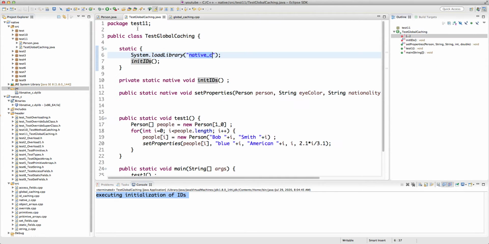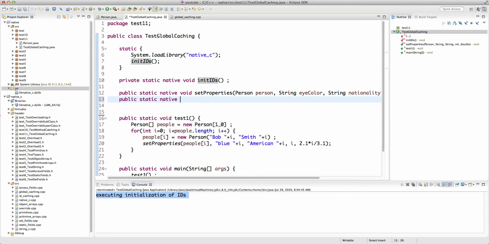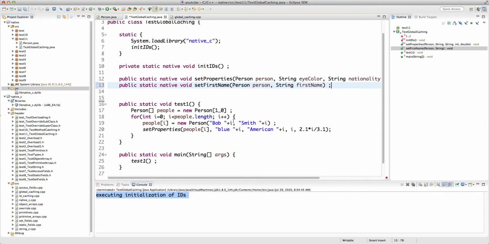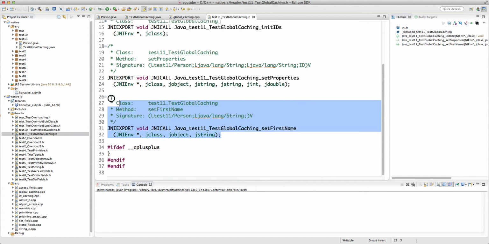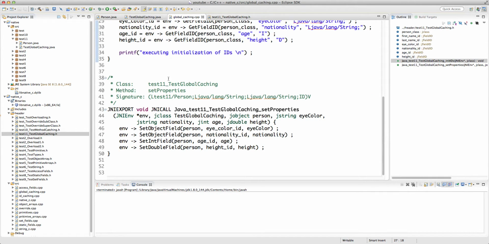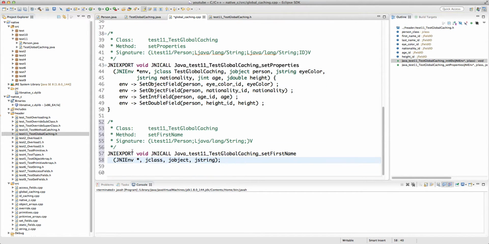And the good news is that now if I have many more functions, let's say public static native void setFirstName, again person, a string firstName. So what happens here? If I save this and then run javah on this Java class to update the header file on this test 11. So as you see, I have this new function, and if I put it here,